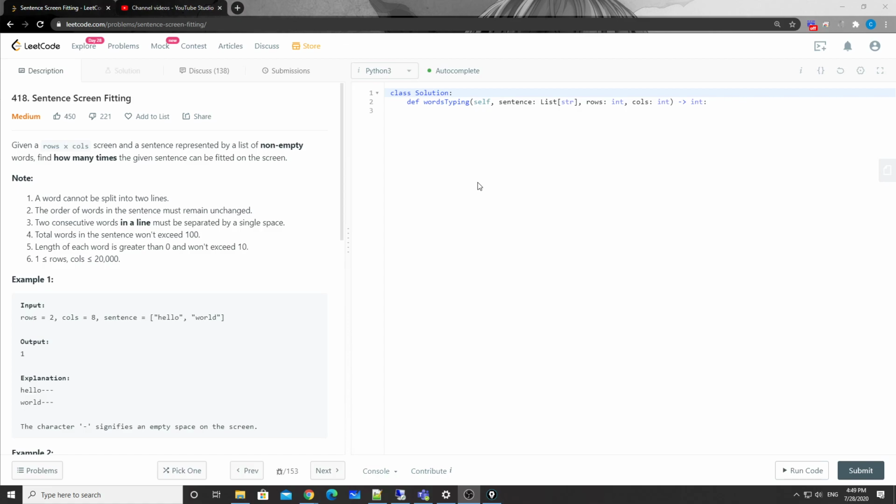So, I just want to talk about this problem 418, Sentence Screen Fitting, one more time, because I want to introduce another DP-like solution for this case, even though it's a bit slower than the one in my previously uploaded videos. But to me, I think this DP-like solution is more intuitive. Okay,